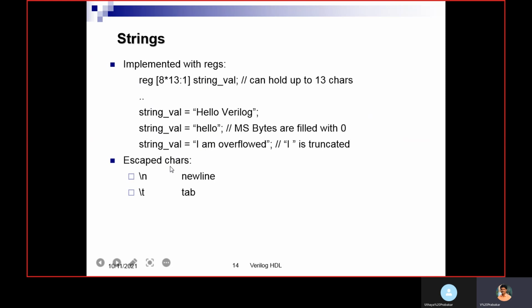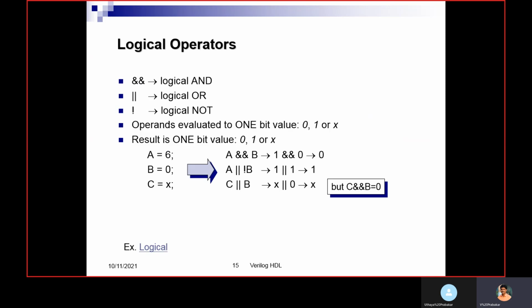Then, instead of characters, this backslash n and such things we use in the display. If I want to print on a new line, I can use this backslash n. Then backslash t is used to print a tab. That means not a new tab, but giving some space between, for example, when a value is printed. If I use backslash t, it will print by giving some tab space. Operators, we will discuss that.